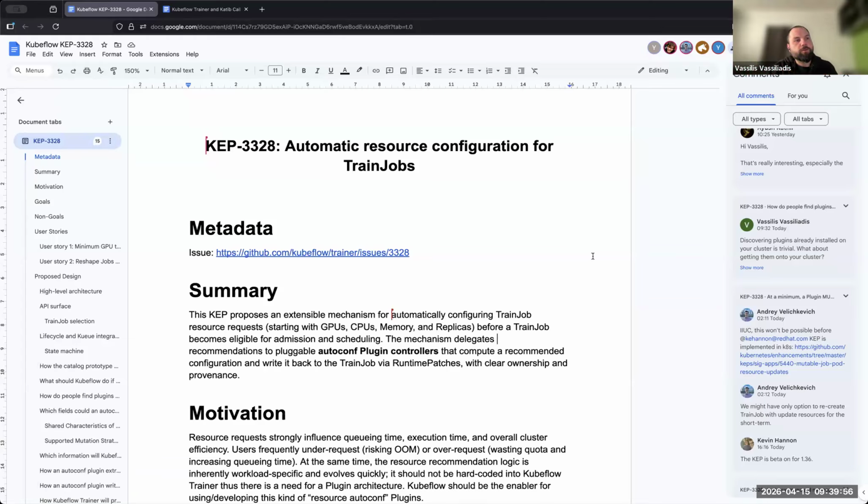If you've deployed Kubeflow on just a vanilla Kubernetes environment, in which Kubeflow just creates the JobSet objects and there is no other manager for suspending and unsuspending, Kubeflow will ensure that while the recommender is producing the recommendation, while the recommender is patching the TrainJob, the original object that the user created doesn't start, because that can have unwanted side effects.